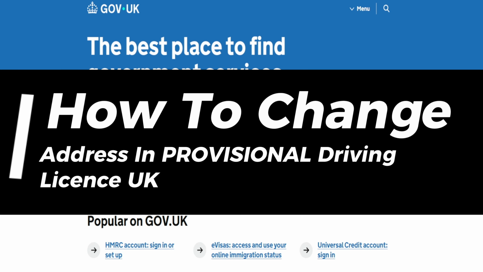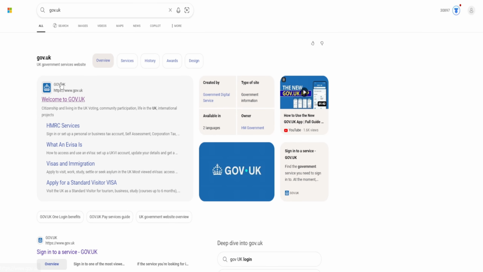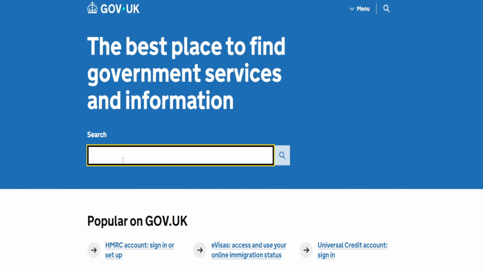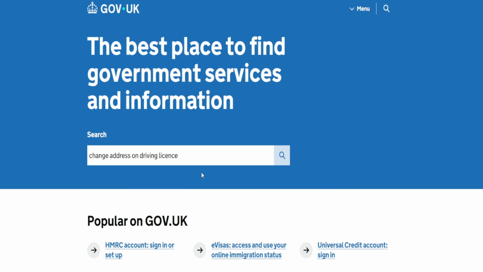How to change address in provisional driving license UK. So you can go ahead to your preferred browser and search for the gov.uk website. So go to the official service over here inside the website and you can search for it directly. So if you want to find it more directly, you can just search for change address on driving license and this should appear. If it doesn't appear, you can type the entire thing, but change address on the driving license